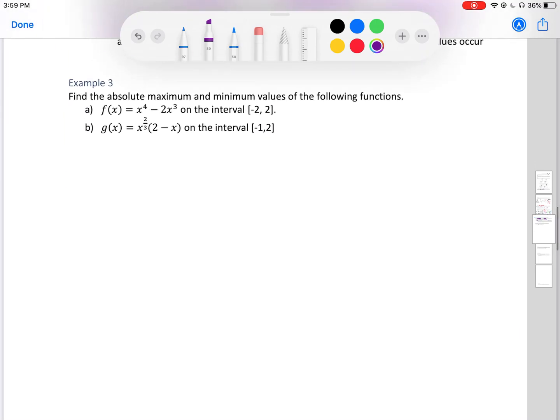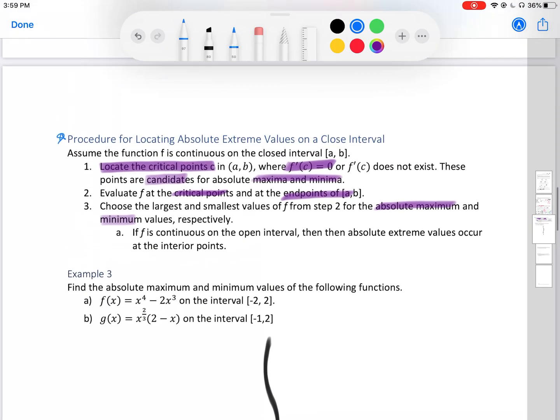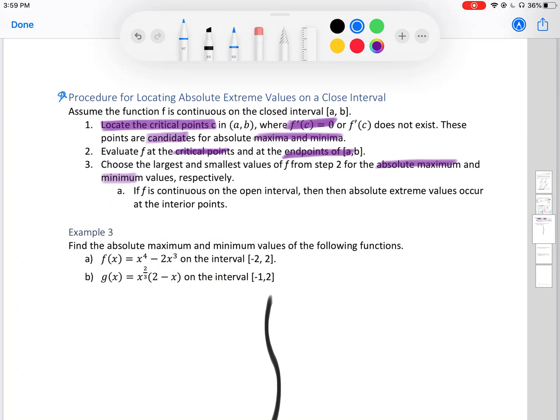Let's do example 3. So let me split my page in half so I have enough room. According to our rules above, we first have to find the derivative and set it equal to 0 once we find it. So for our function, f prime of x, luckily it's just power rules, not so bad. I have 4x cubed minus 6x squared. Now I need to set it equal to 0